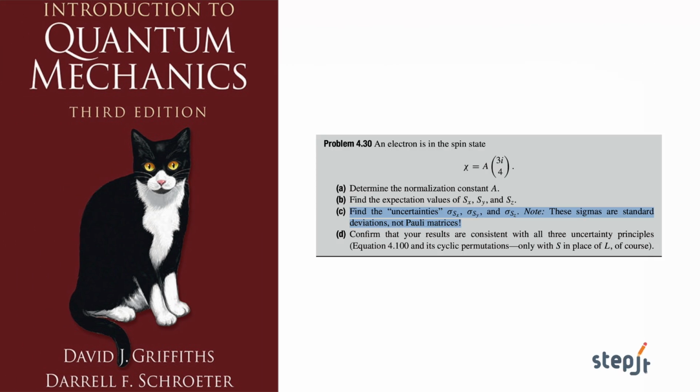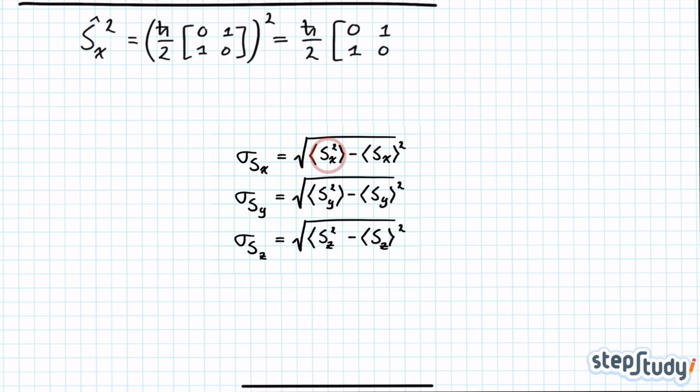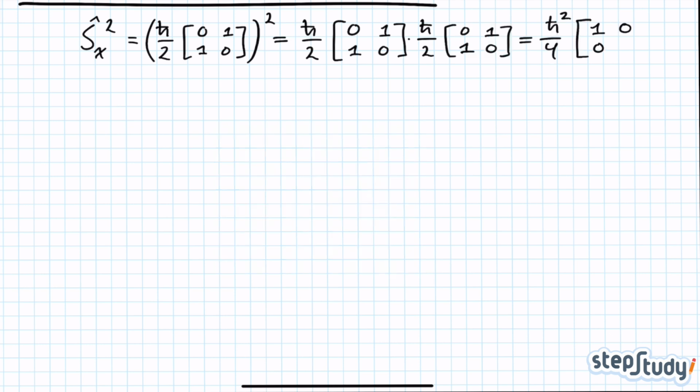We're solving problem 4.30c in Griffiths' Introduction to Quantum Mechanics. When finding uncertainties of certain observables, one of the things you'll need is the operator squared that you're looking for. And in the case of the spin operator in the x direction, you'll just square the Sx operator. And when you do that, you'll find that the squared spin x operator is just ħ squared over 4